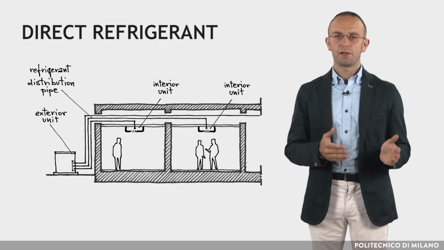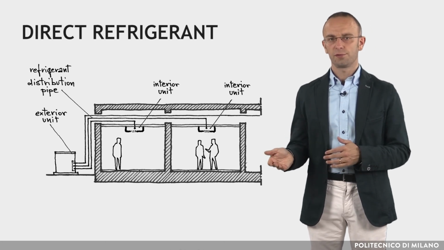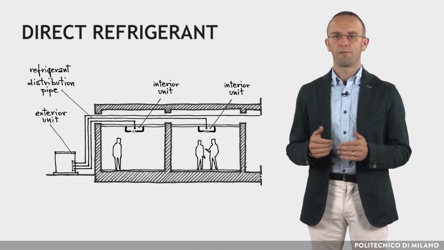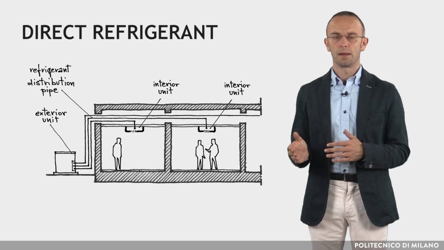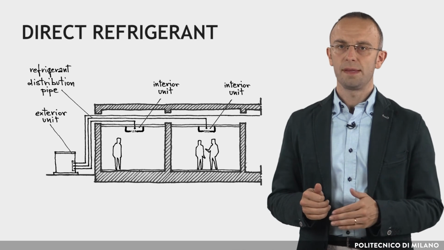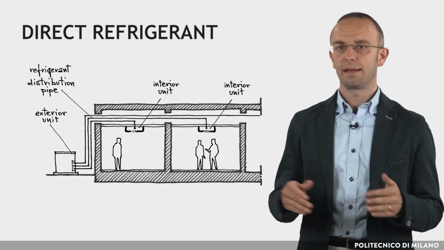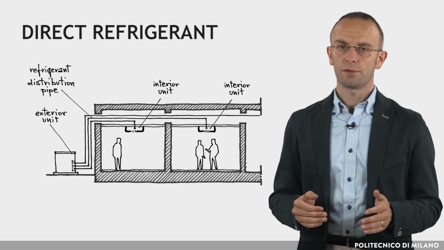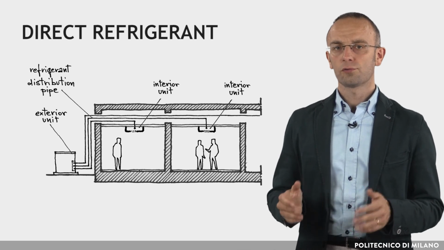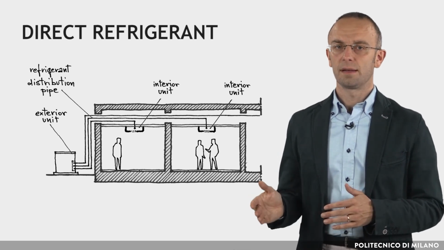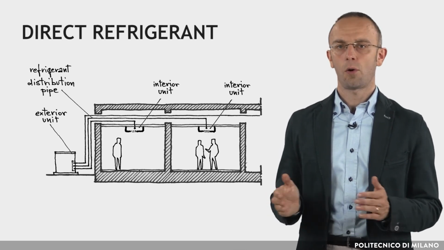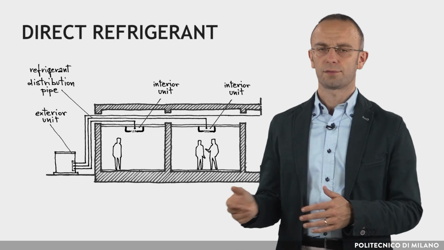Finally, direct refrigerant systems, also called direct expansion systems, are characterized by the absence of water pipes and/or of air ducts to transfer heat in the building. In such systems, a refrigerant gas is used as a heat transfer medium between the outdoor part of the system and the internal spaces. For this reason, these are called split systems. Such solutions are usually suitable for small or medium-sized buildings, or for contexts in which it is difficult to install ducts or pipes, for example, historical buildings.